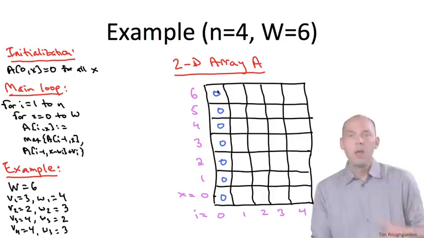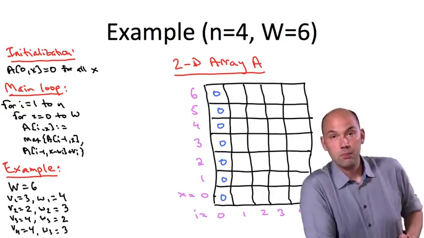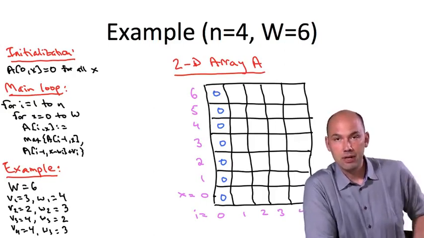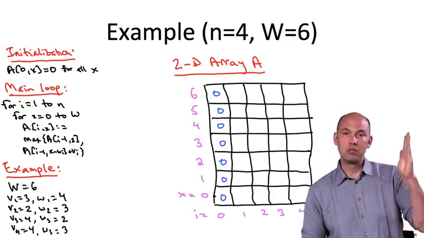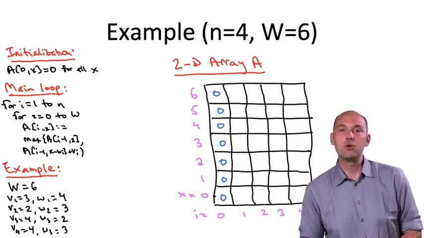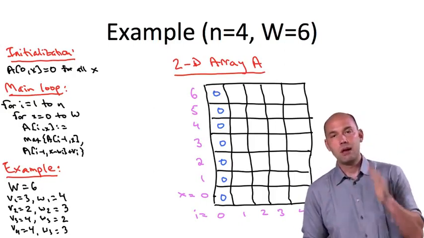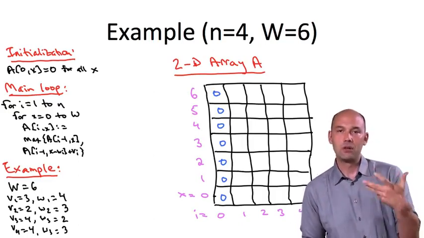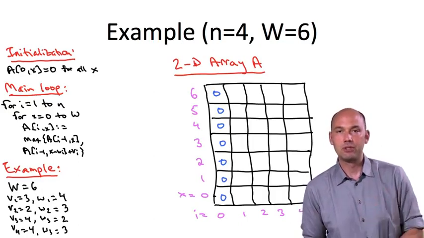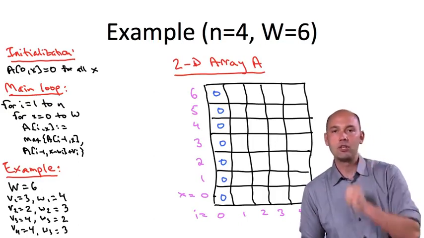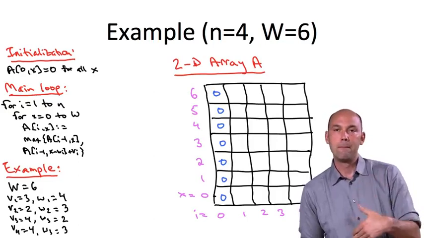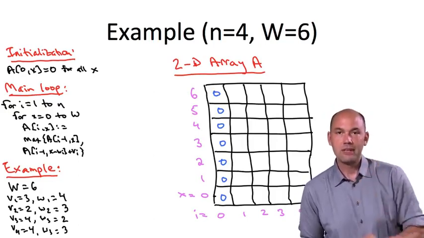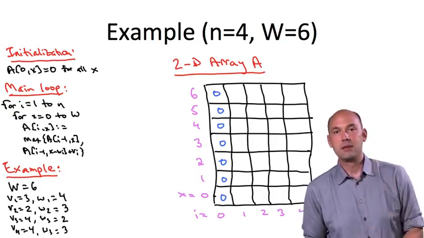column. Now we proceed to the main loop, and recall the outer for loop just increments the index i for the item that we're considering. So the outer for loop is considering each of the columns in turn from left to right. For a fixed value of i, a fixed column, in the inner for loop we consider all values of x from 0 to capital W. In a given column, we're going to fill in the entries from bottom to top. So we begin this double for loop with the second column, i equals 1, and at the bottom,